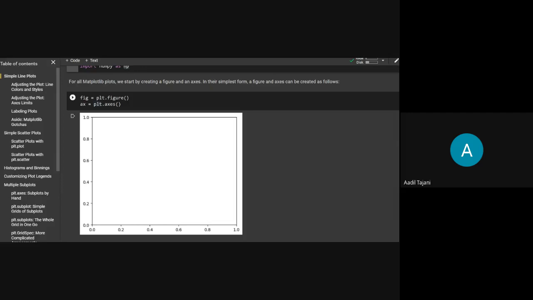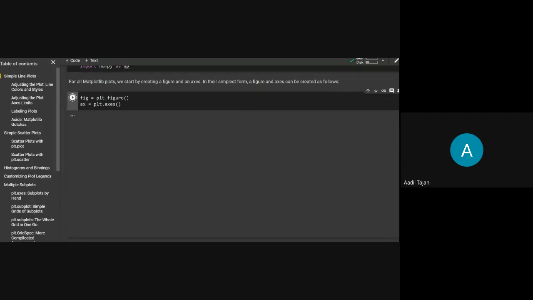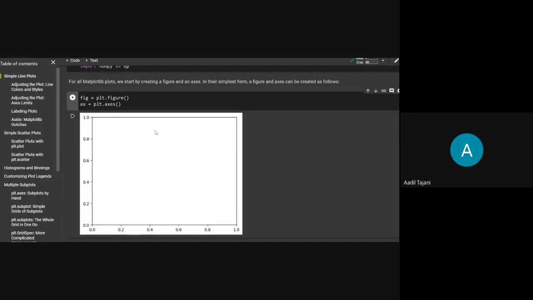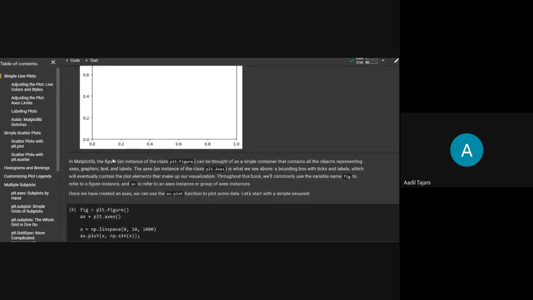If you just want to start by seeing the figure and the axis, you can use these commands: for figure, plt.figure, and for axis, plt.axis. Run it here. You can see that by default it creates a 1x1 box. This is the figure and axis.